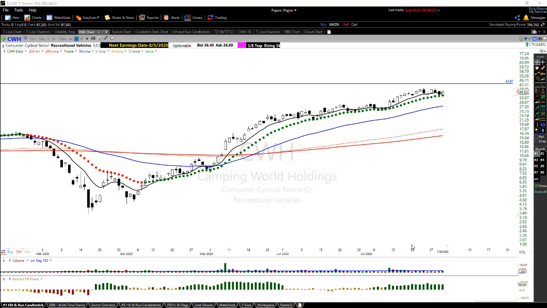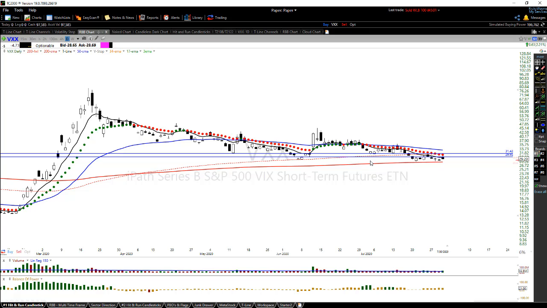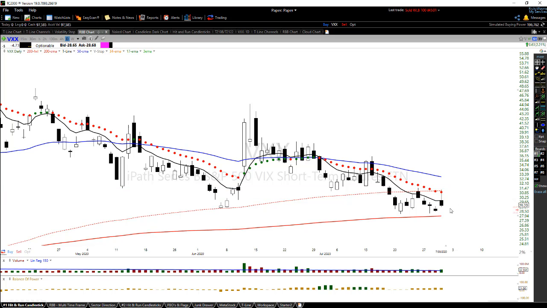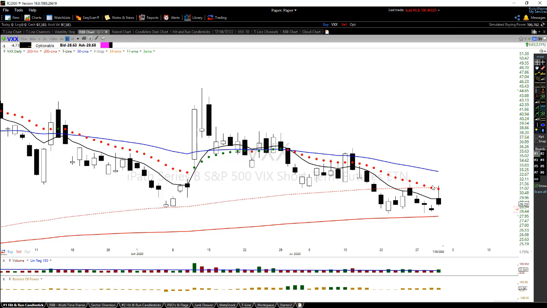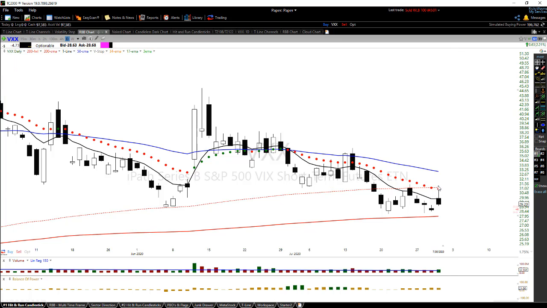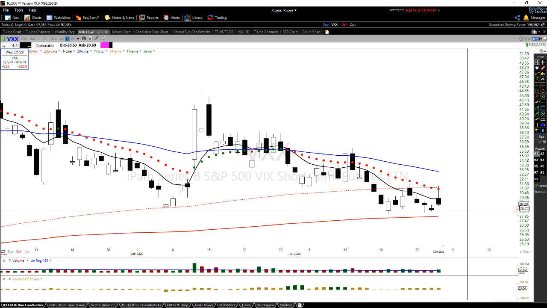Alrighty, let's take a look at some charts here. Let's look at VXX first. So VXX, you can see we're flirting with the 200 period moving average here. Yesterday, it got just a little bit excited, popped up some. We ran right into the trend indicator and the dotted deuce here, ran right into it and just slammed it right back down. It looks like we're going to open up around 28.70 with the positive earnings of the